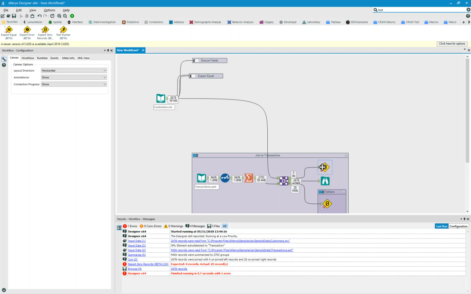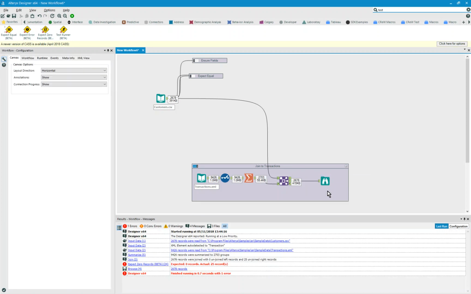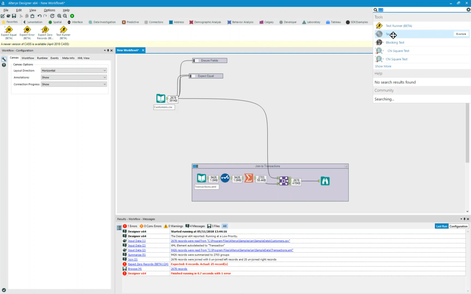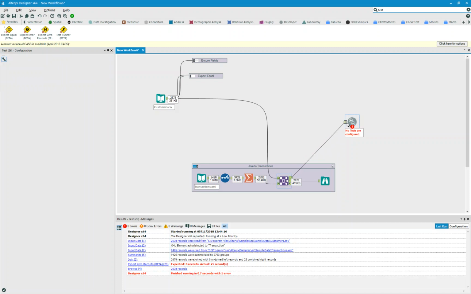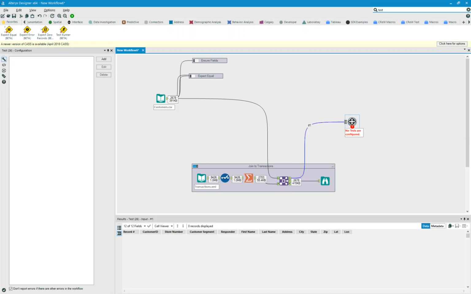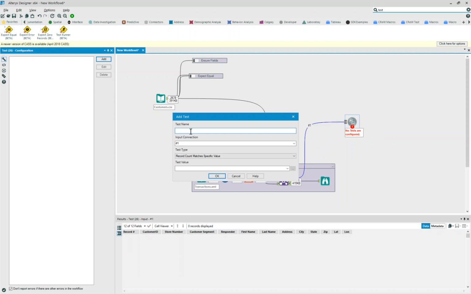Now, the way that these tools work is through use of the macro itself, but I'm going to show you the way to do this with just the tools that are part of Alteryx Designer. And there's a Test tool. With the Test tool, if I was to take this left output anchor from the join, I could add a rule that says no unmatched